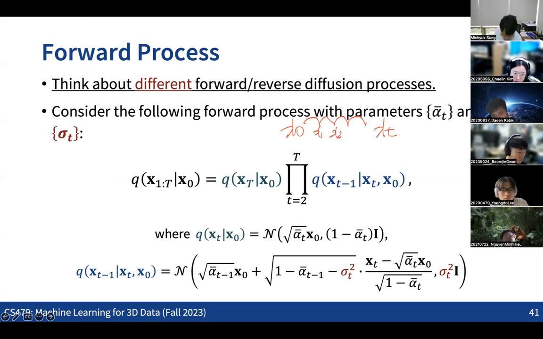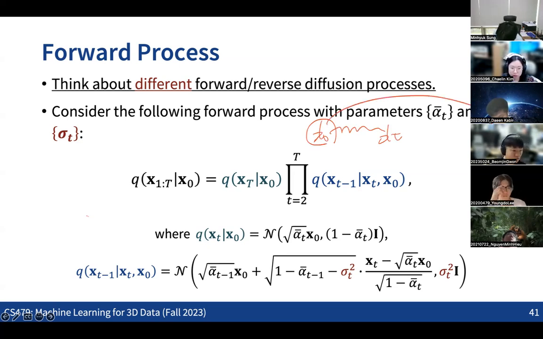And now we are going to switch the forward process in a way that does not go in this way. We are not going from x0 to xt like this. Actually, we are going the other way around, which is jumping from x0 to x capital T, and coming back from x capital T going down to xt. So now this is the way that we are going to define the forward process.